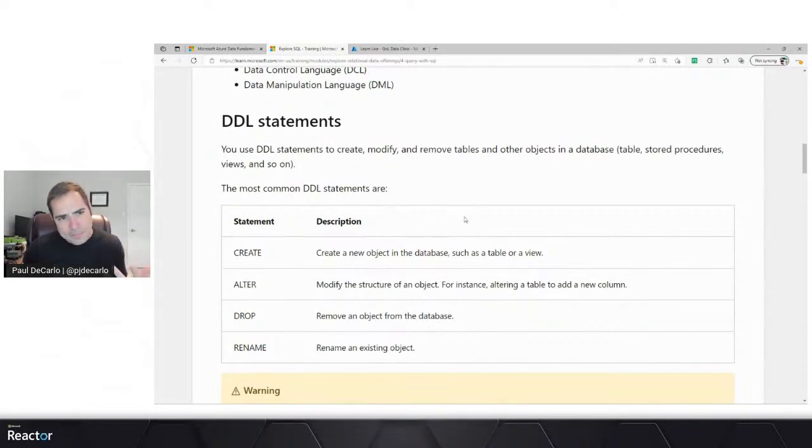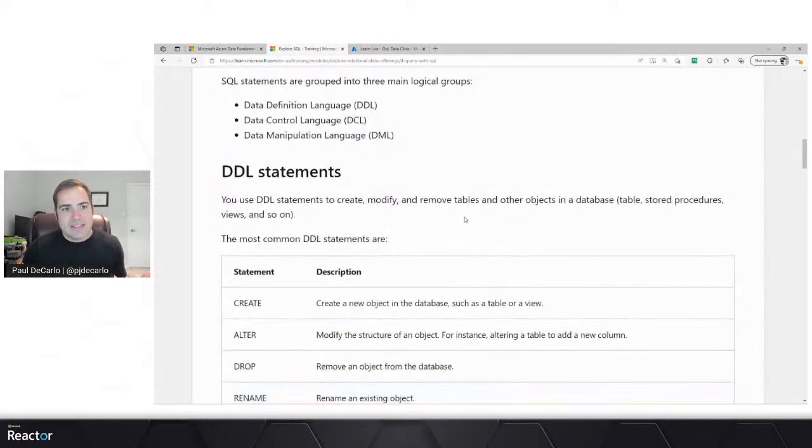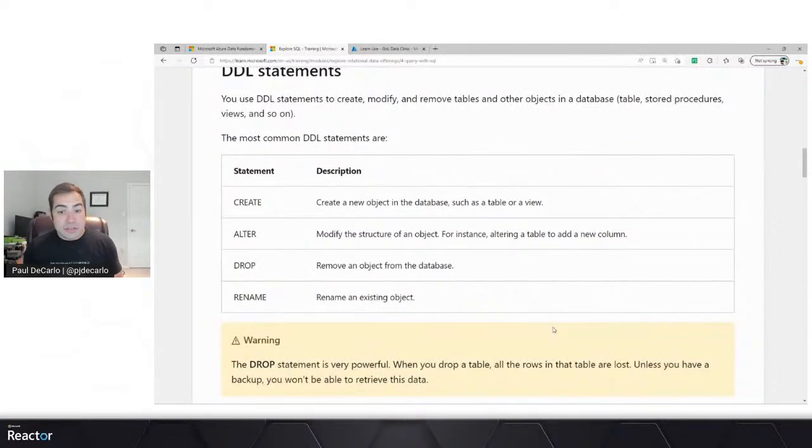These are very powerful commands, these data definition language statements. They can allow you to create a new table, or alter the structure of a table by changing the columns and how they're represented. One you definitely want to focus on and commit to memory right now, if you're not familiar, is drop. Drop will actually remove a database. If you drop a table, all data in the entire table will go away. And also rename, which sounds like what it is. It allows you to rename objects.